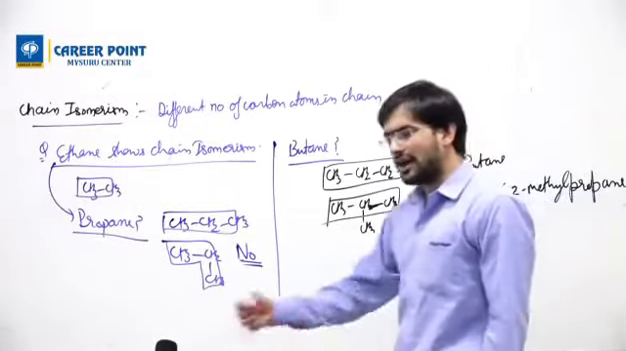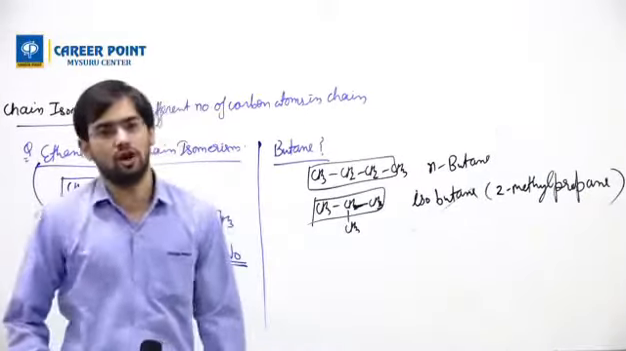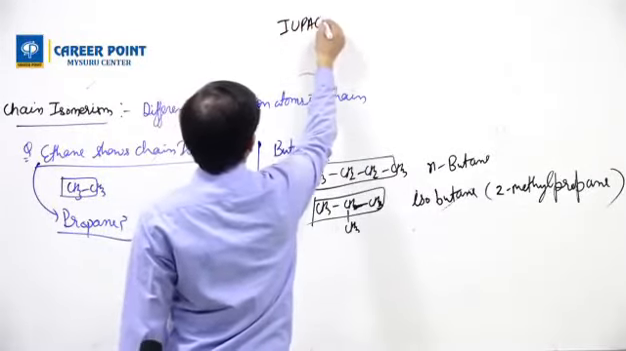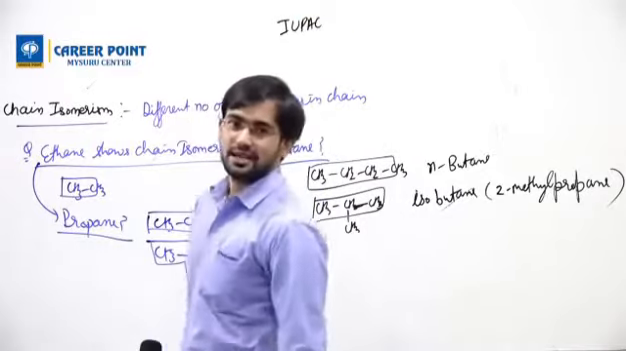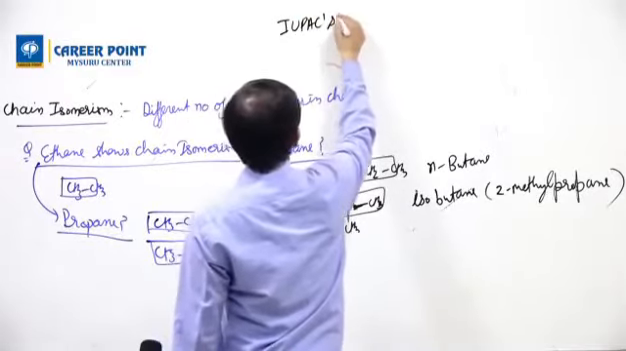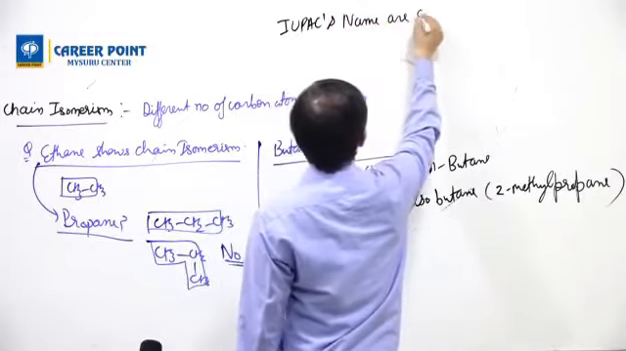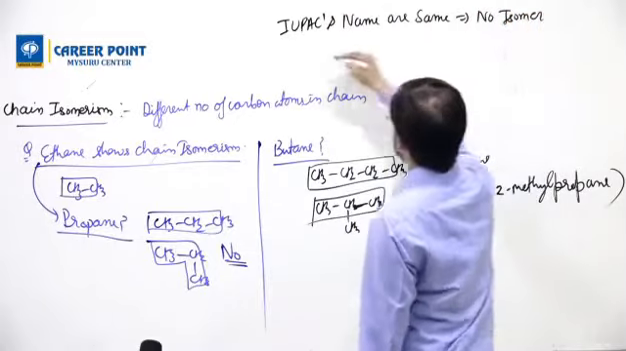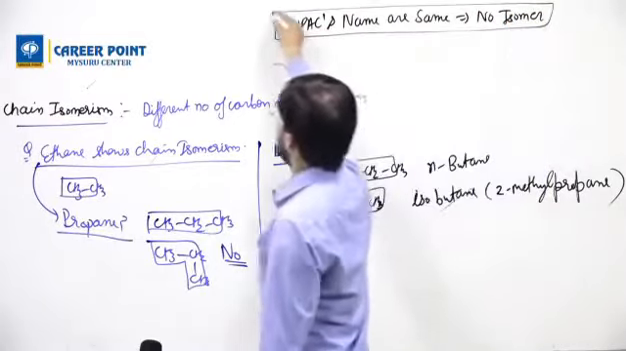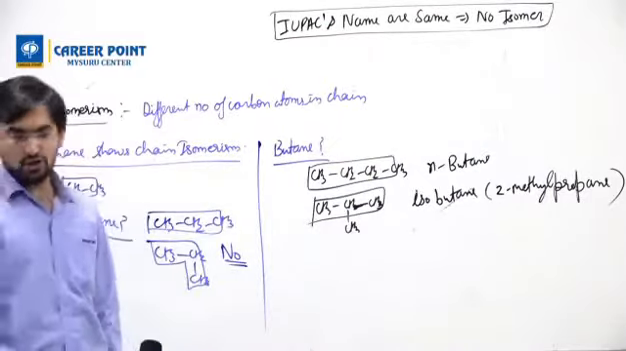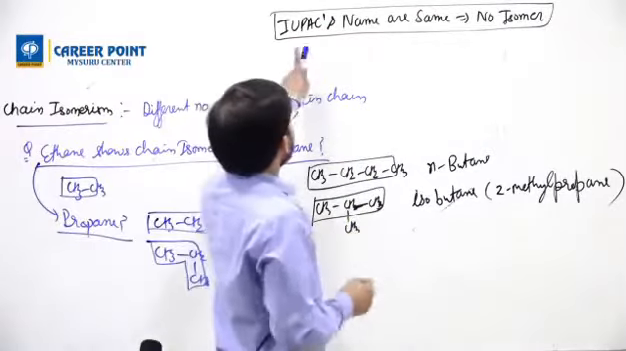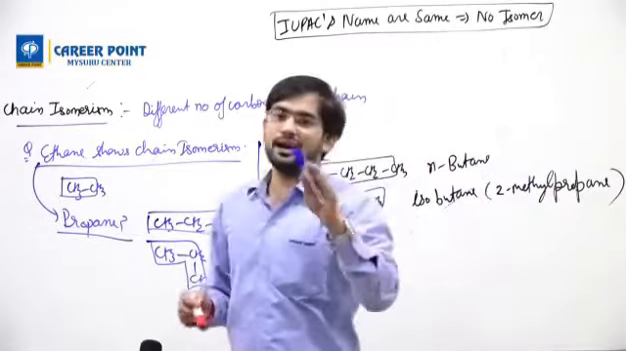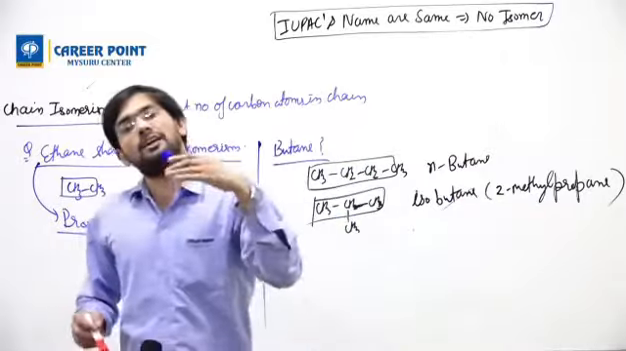So now how do we find out whether the compounds have the same structure or not? Try to do this: find its IUPAC name. If the IUPAC names are the same, then no isomer. This is your trick to find out whether the compounds are the same or different. You try to write its IUPAC name. If the IUPAC names are the same, they are not isomers. If the names are different,